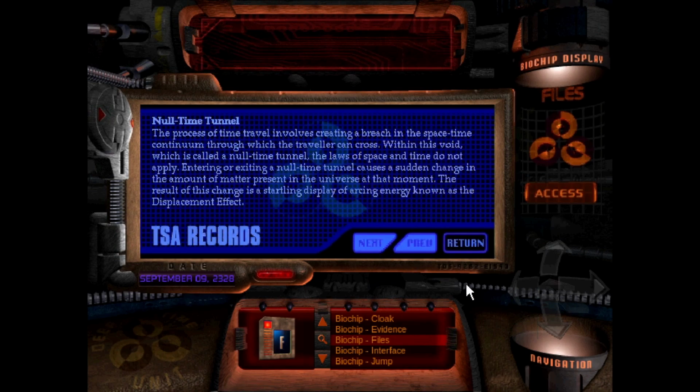Null time travel. The process of time travel involves creating a breach in the space-time continuum through which the traveler can cross. Within this void, which is called a null time tunnel, the laws of space and time do not apply. Entering or exiting a null time tunnel causes a sudden change in the amount of matter present in the universe at that moment. The result of this change is a startling display of arcing energy known as the displacement